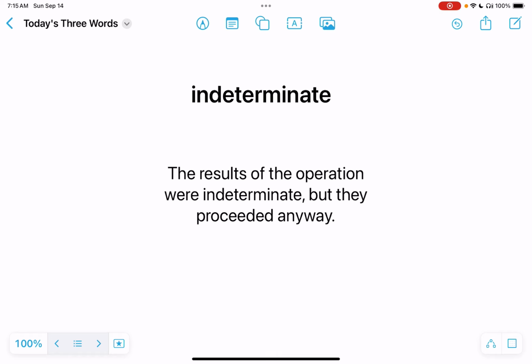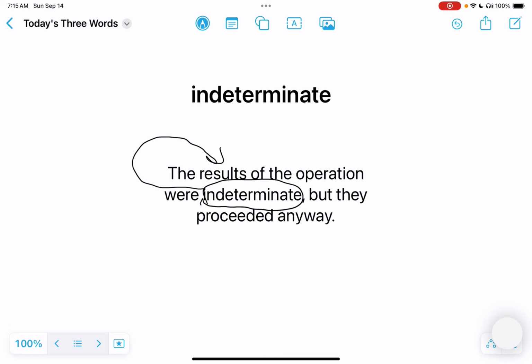Here is indeterminate. And in this case, we are describing the results as being indeterminate. The results were not precisely, there wasn't a precise